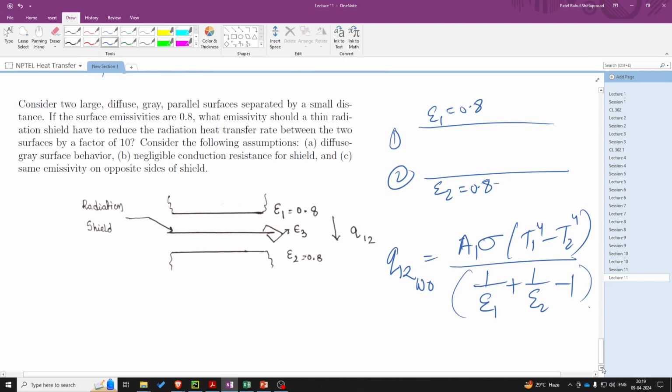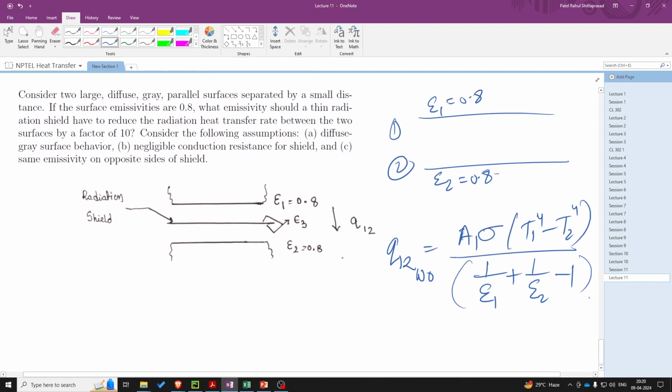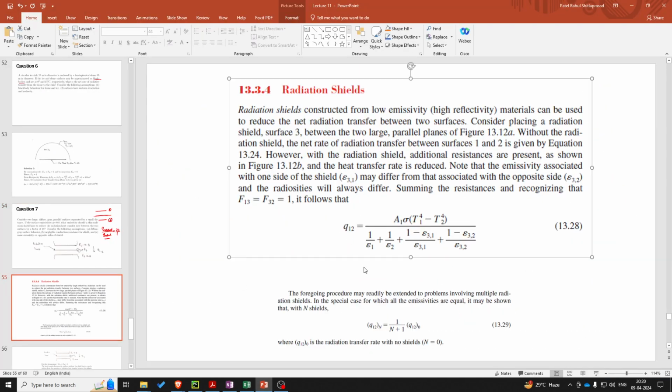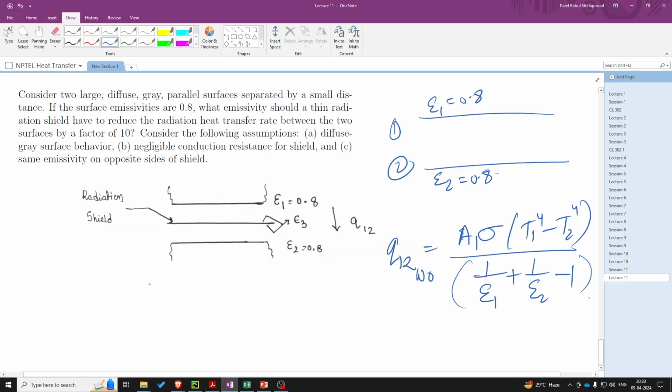Now, if we introduce a shield in this, so if we take a look at the resistance diagram, the additional resistance will be introduced as shown in this equation. So basically, the overall resistance will be equal to